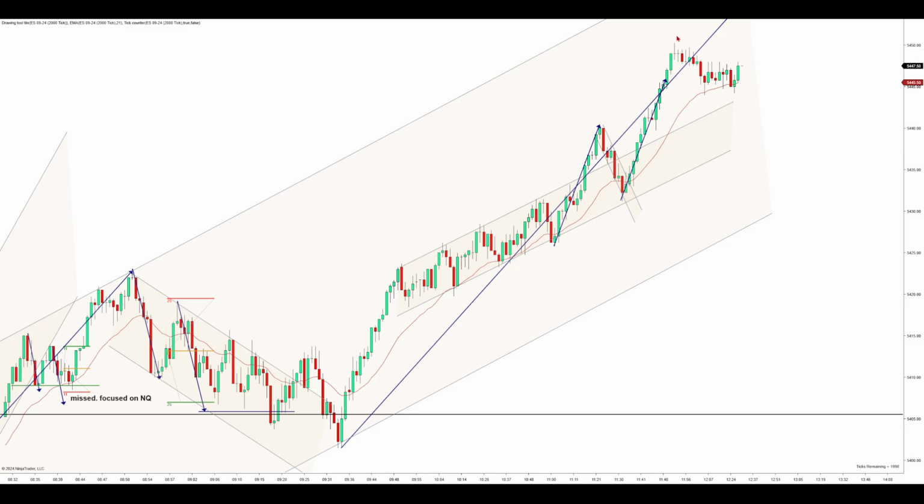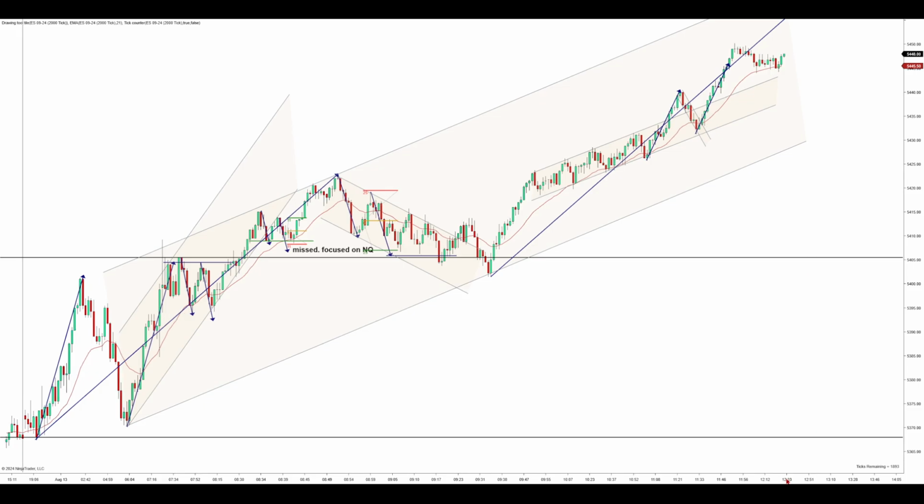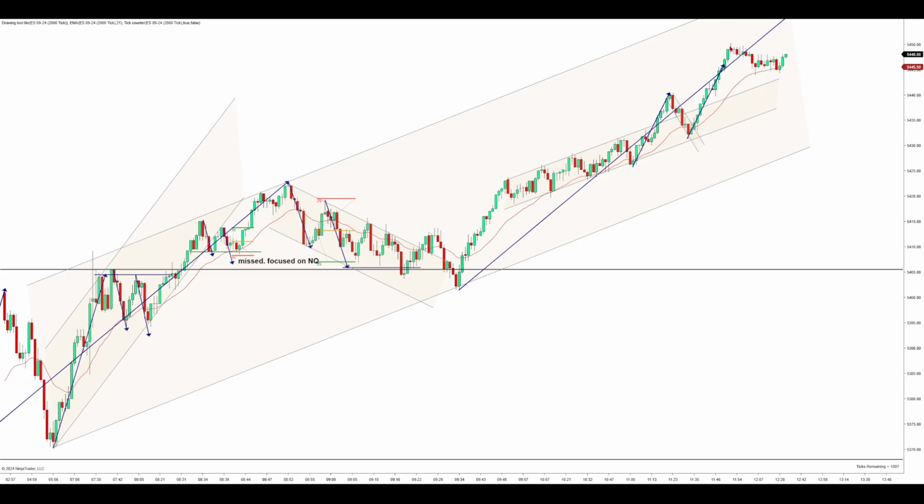It does push on past it, but it starts to get very choppy right after. It pushes through and then immediately goes back to the level and starts going into a range. So what I was hoping for, I was hoping it would happen a bit faster before I started making the video, but it didn't, which is I was wanting two legs down to the key entry point, because it overshoots,